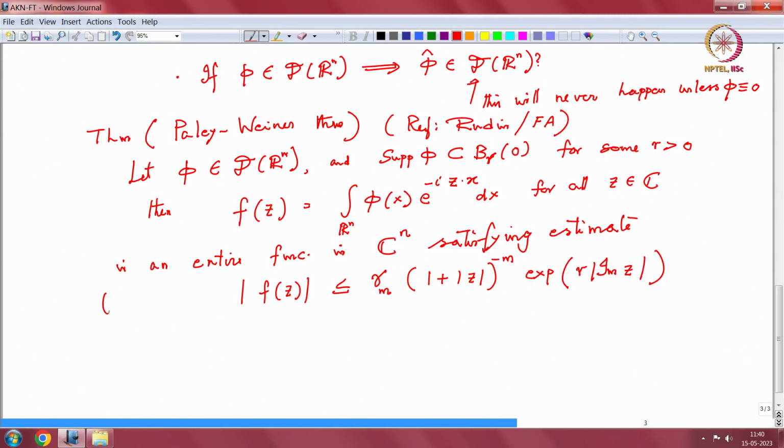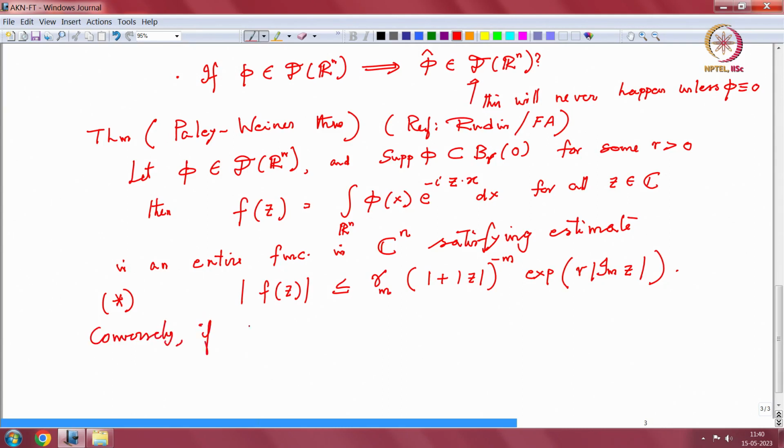Okay, so this is an estimate, you get it. So you have an estimate on that function. It is an analytic function. The interesting thing is that the converse is also true. Conversely,